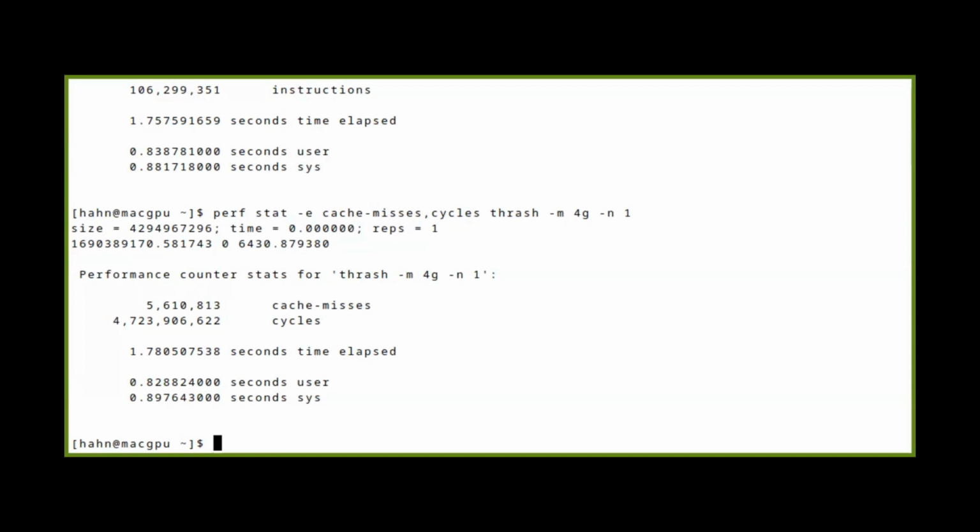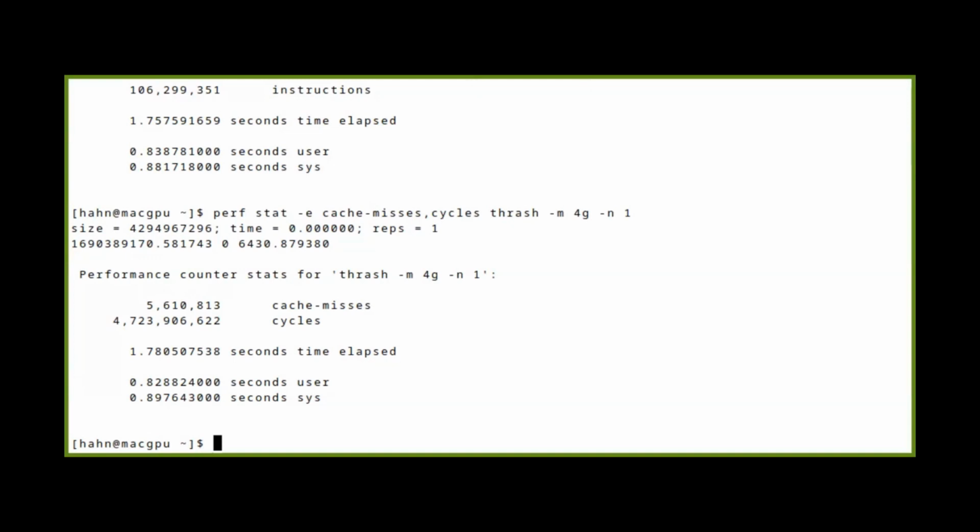This is a memory benchmark, so it's getting a cache miss basically on each cache line that it fills. Cache line is 64 bytes. So basically 1,000 cycles per 64 bytes is the way to interpret this. Anyway,